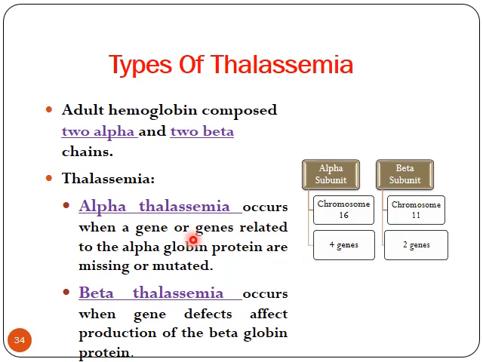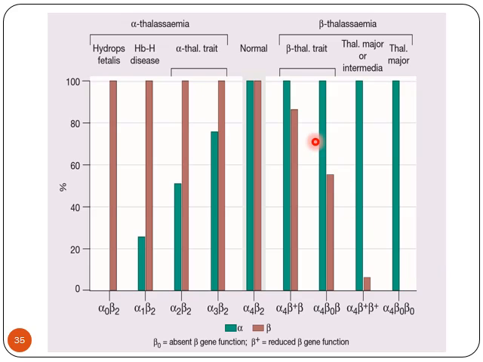Alpha thalassemia occurs when a gene or multiple of the 4 related to the alpha region protein is missing or mutated, while the beta happens in the chromosome 11 in the beta subunit. As we can see, here is the normal hemoglobin constitution of 4 alpha subunits and 2 beta subunits. When we are defective in the alpha subunits, we are having alpha thalassemia, which varies from hydrops fetalis, where there is no alpha globin and this is incompatible with life, to hemoglobin H, which is having only one